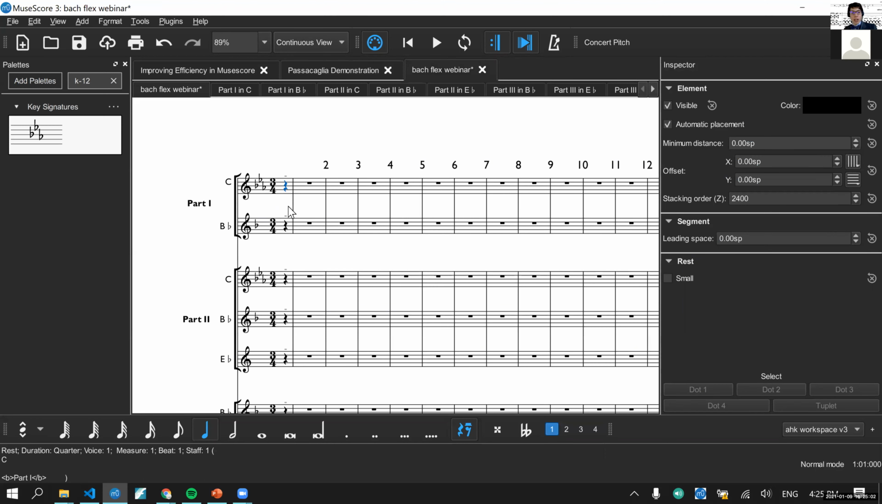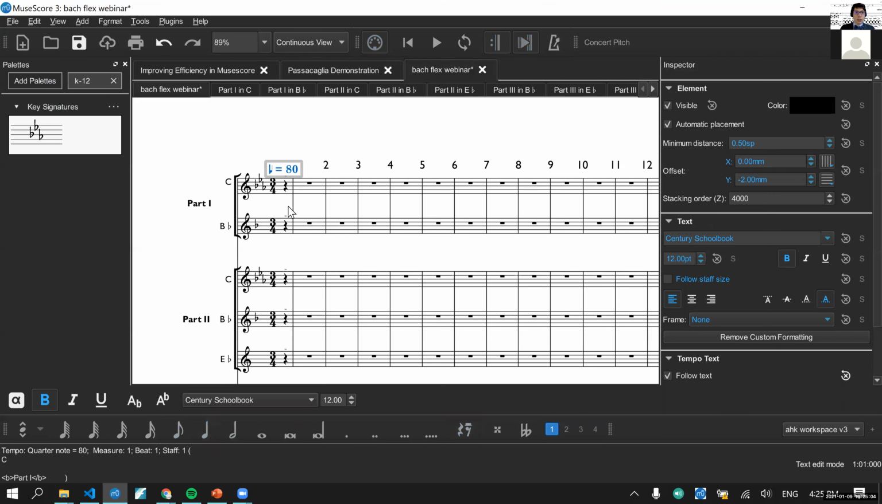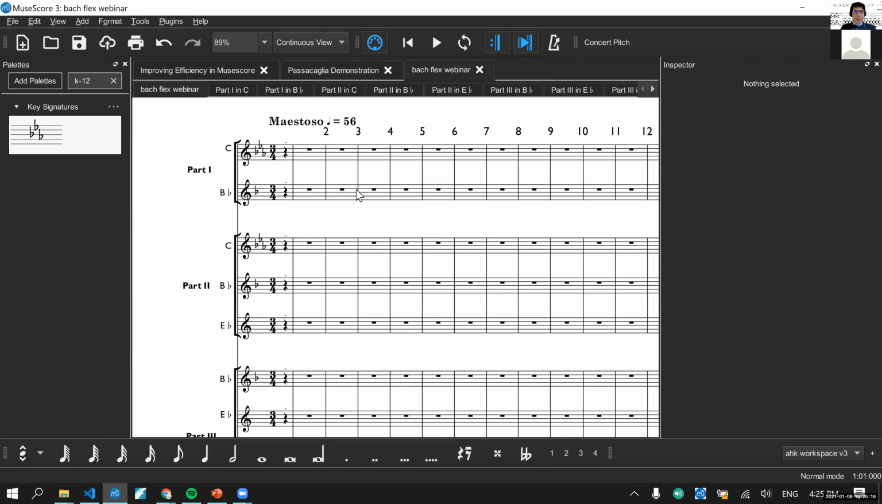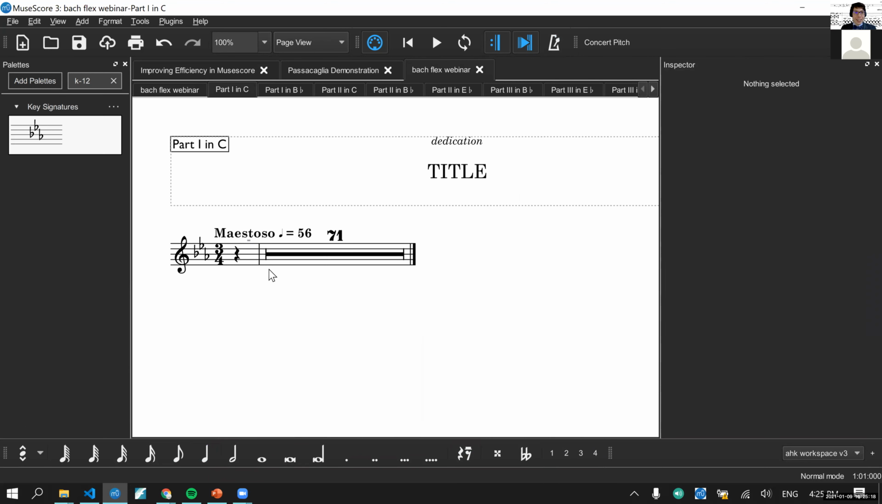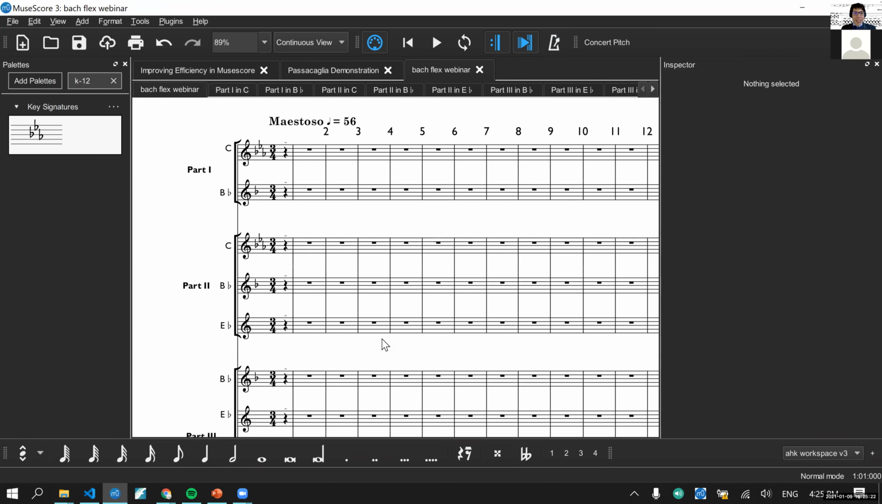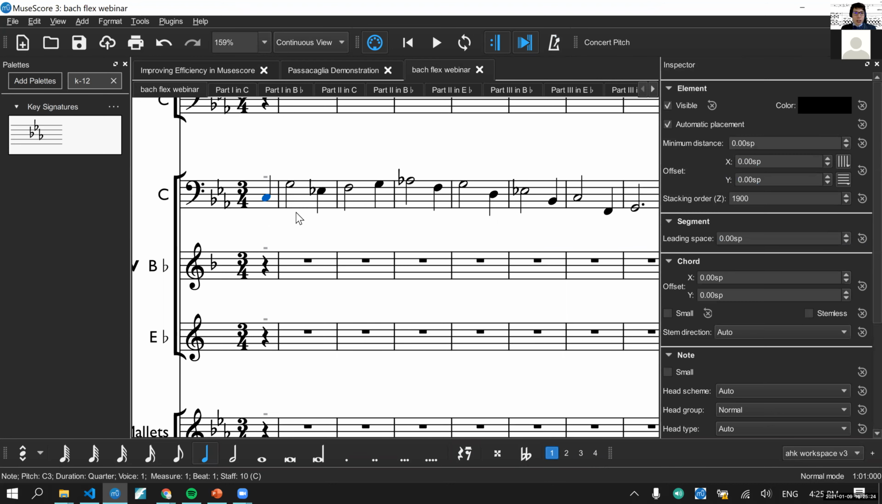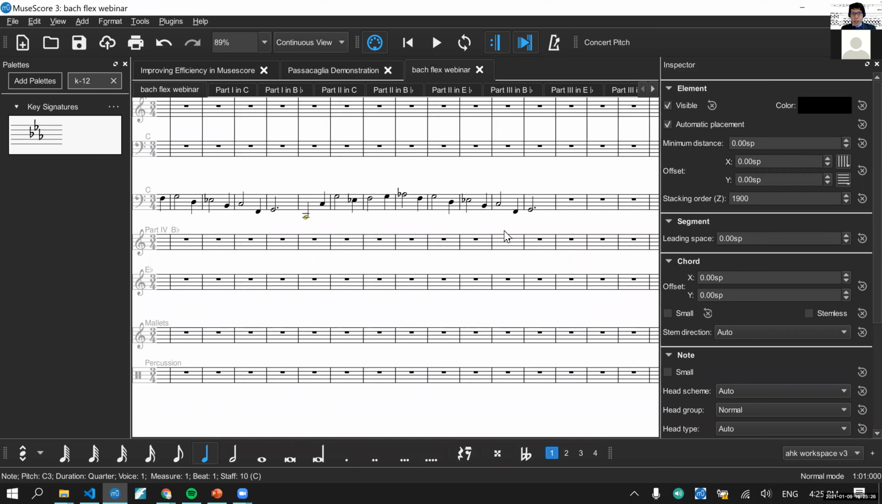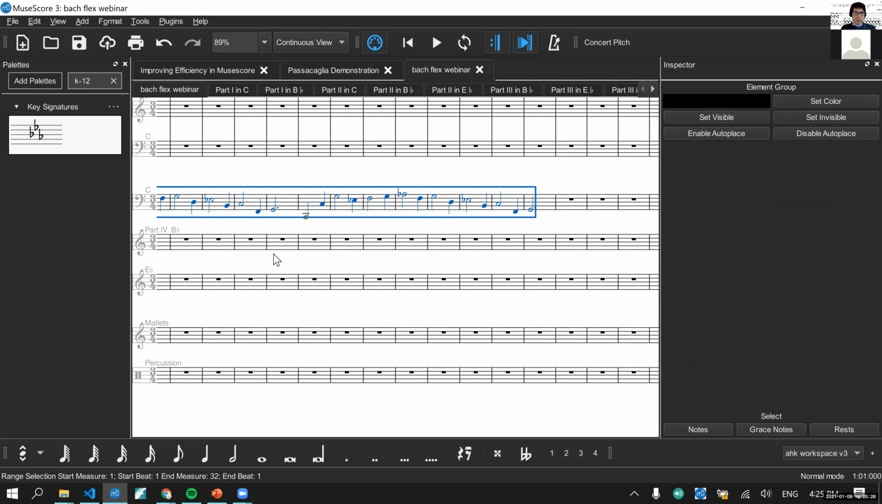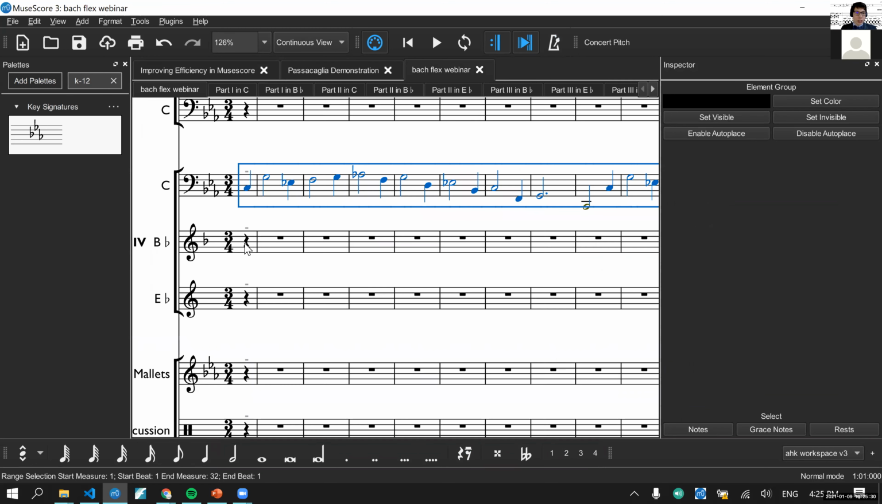So we could do that with Alt Shift T, Option Shift T on a Mac, and let's add maybe maestoso quarter note equals 56. And what you'll notice here is that it applies it in the correct space on every part, which is great. And so we'll just copy this into